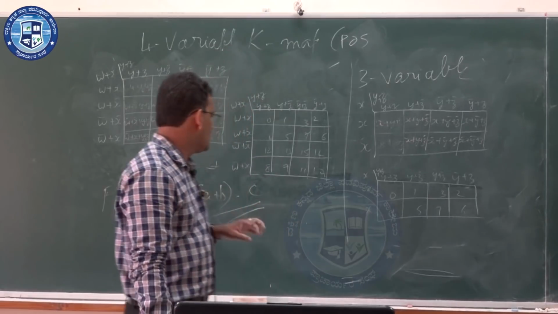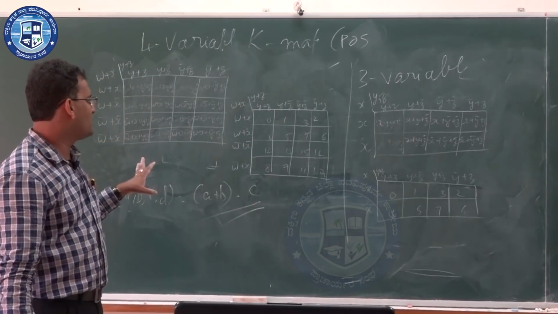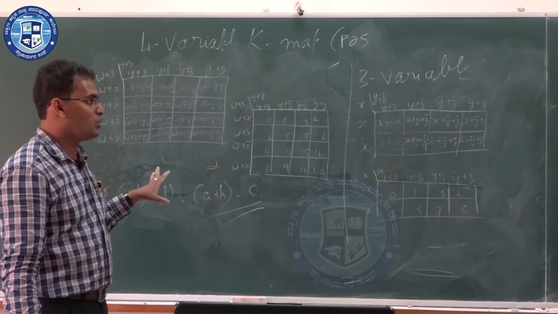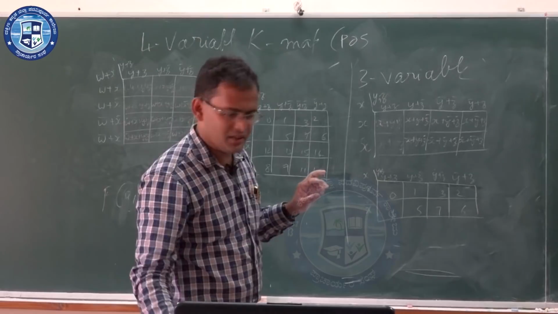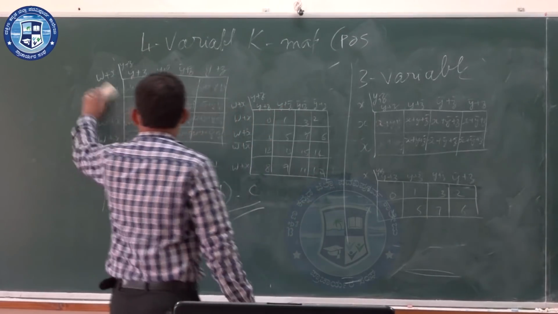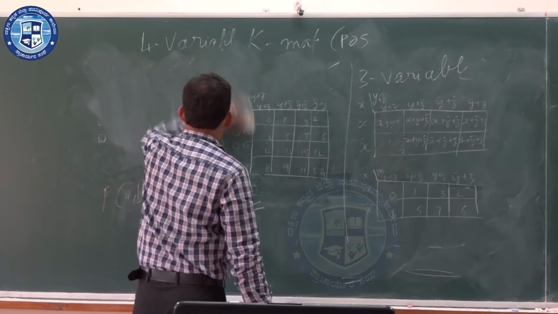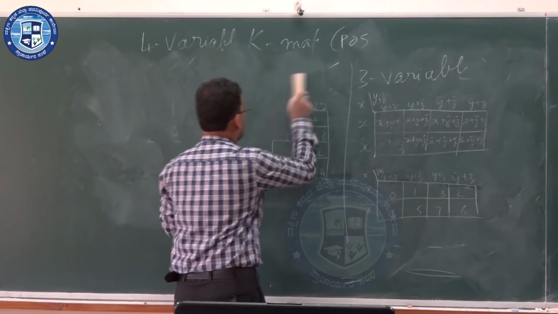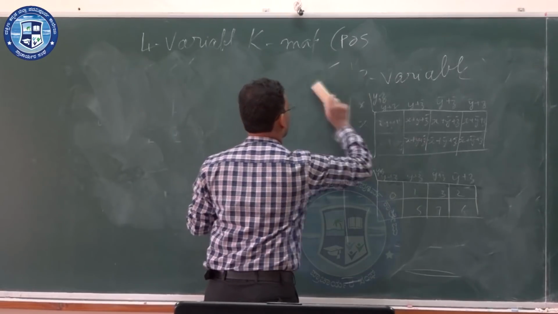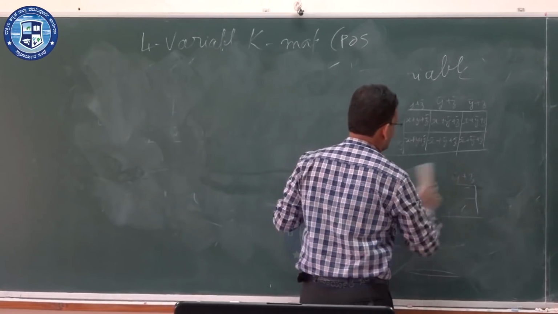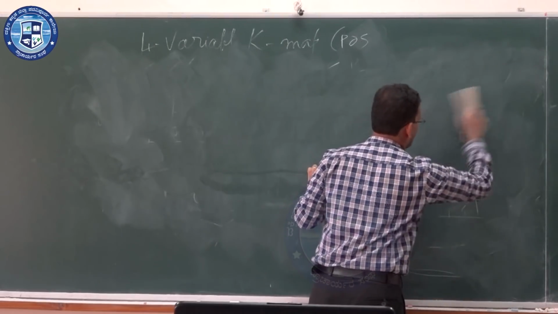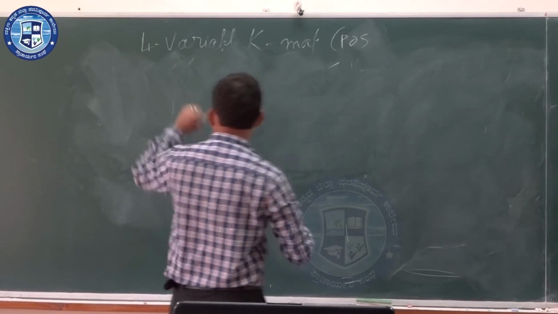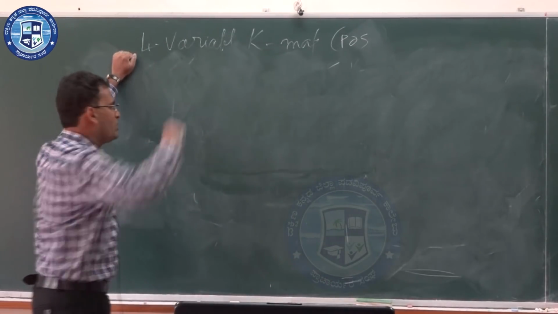So, for a 4 variable POS, if at all you want me to take an example, I will take an example, and by this example we would wind up the session on K maps. So, once again the process is same. First draw the empty K map, plot the locations that are given, and then go for mapping of zeros.